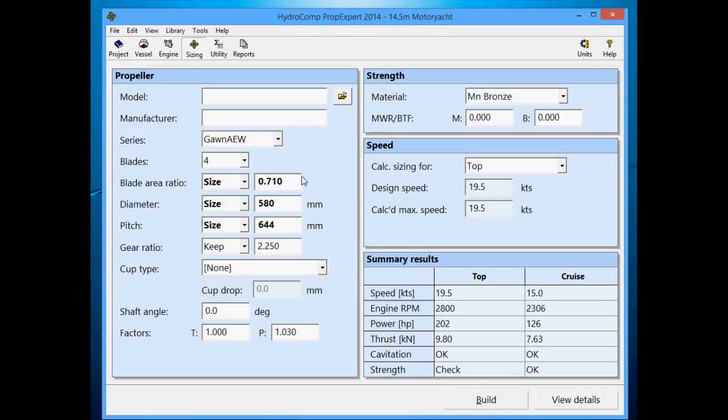We get an initial specification, and now we have to refine our specification based on what product models we have available. So we may not have a propeller with a blade area ratio, or BAR, of 0.71. So we may have to refine this down to 0.7. When we enter the value, PropExpert automatically sets to keep that size parameter. Just like the gear ratio, we're now locked in to 2 parameters, size for diameter and pitch. We build our sizing, and we get about 645 millimeters for pitch. This is going to give us 19.6 knots,